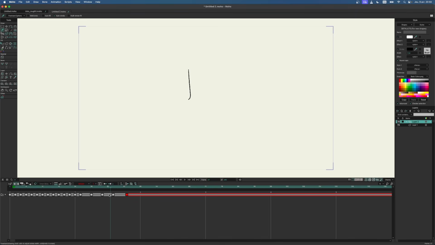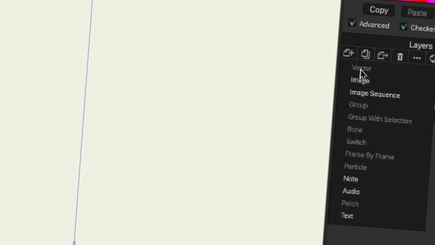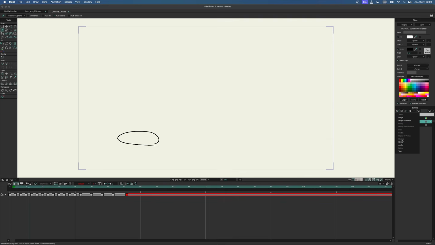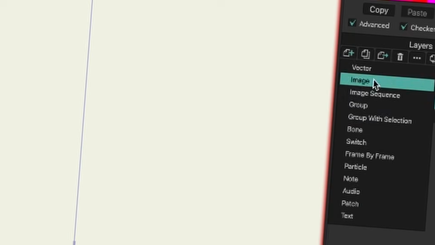Know that the Moho timeline only shows you 1 layer at a time. If you want to see more layers, maybe you have a ball and there's a tail attached to it and you still want to see the timing of this layer, know that you can make your other animation layer. To do so, you need to be on frame 0. The reason why these layers are washed out is because I am currently on frame number 7. So always make sure you go back to frame 0 before you create a layer.